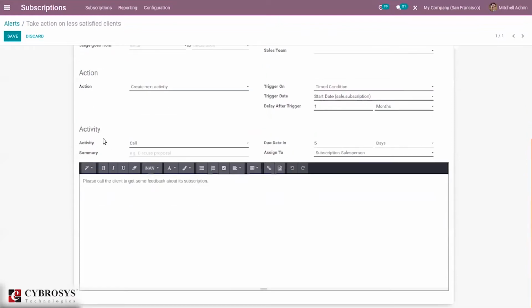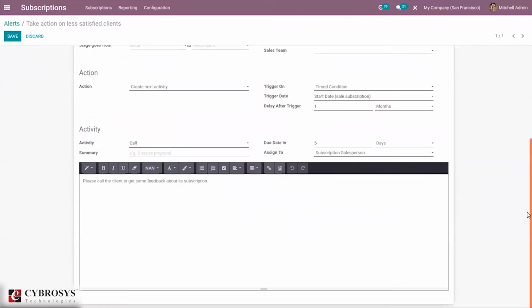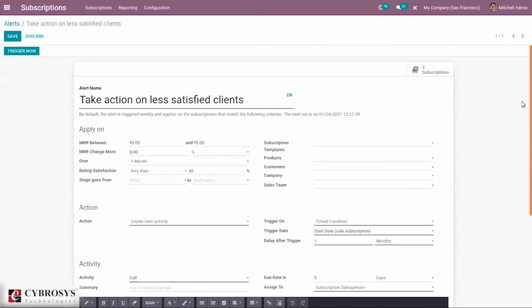Then here we can set an activity, which can be called meeting reminder. Like this way we can schedule activities and set a due date of the activity. So we have seen how to create activities in Odoo. The same way we can schedule activities for your subscriptions. Using this we can get feedback from the customer.